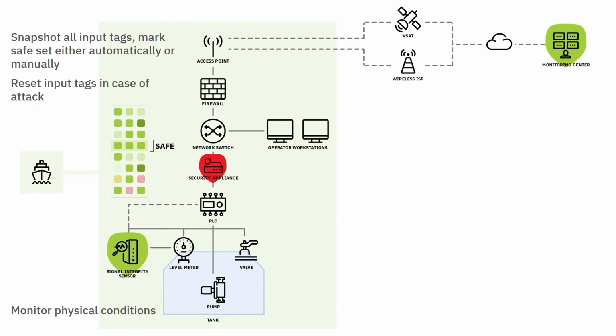So we have to deploy a network security appliance, and this is here on the slide with the red logo. That appliance is really critical because it guards the input to the PLC and knows what traffic is coming in and what actually has been done in the past on our PLC.